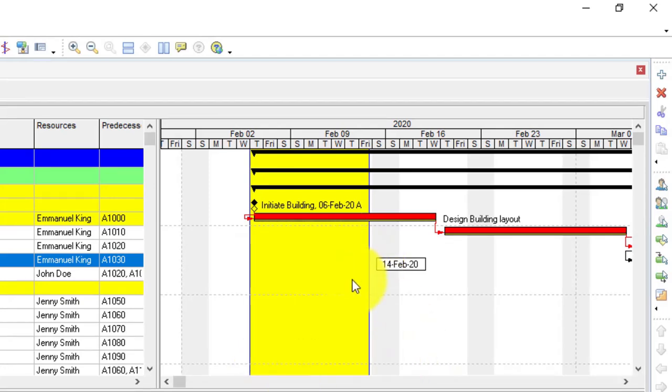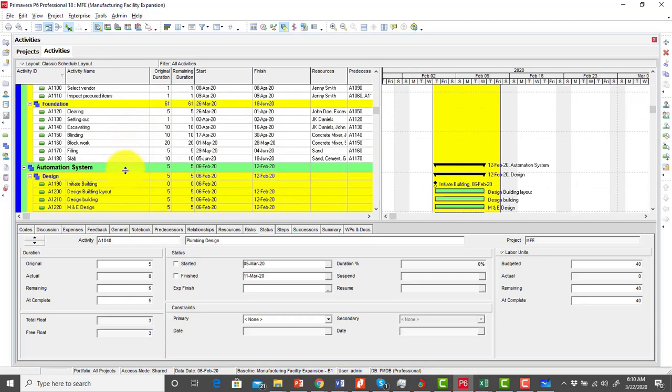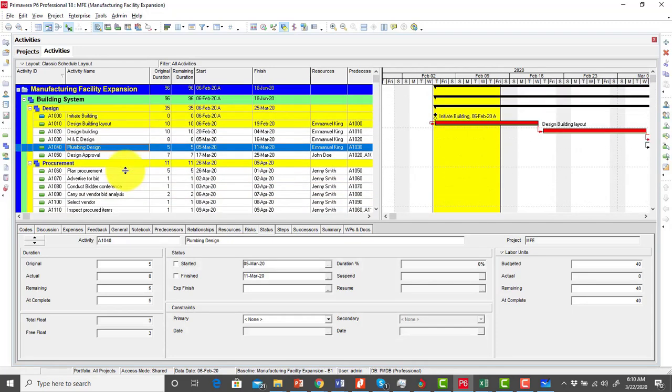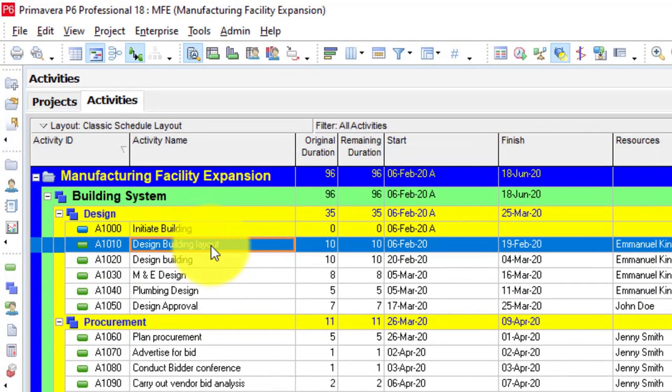So remember, the moment I just moved my progress spotlight to Friday the 14th of February, notice that the activities that should have been done or should have started by that date get highlighted. In my own case, I should have started my initiate building and then the design building layout. So why is this necessary? If you have over 1,000 activities,